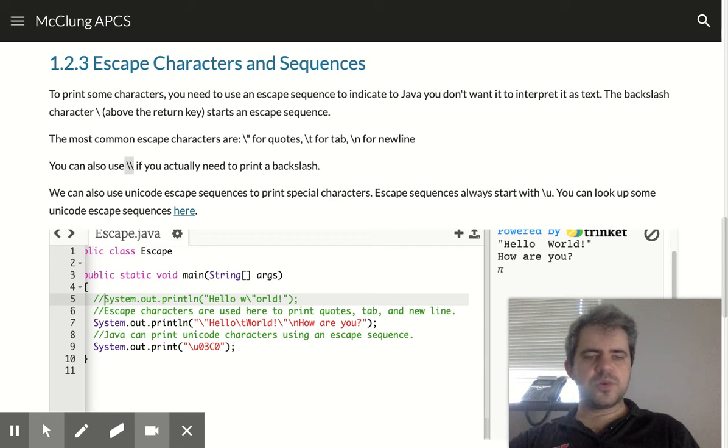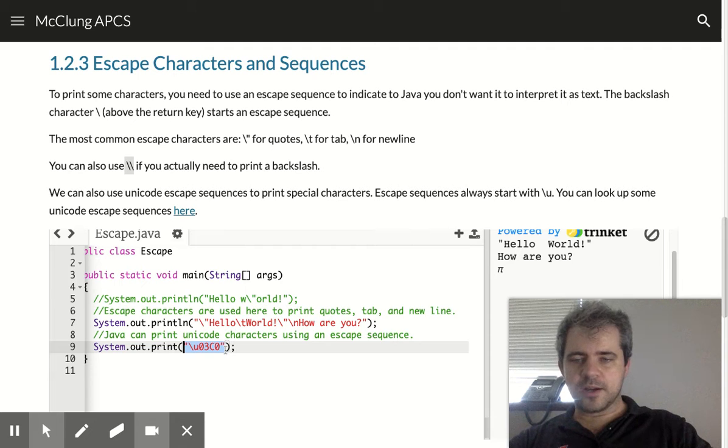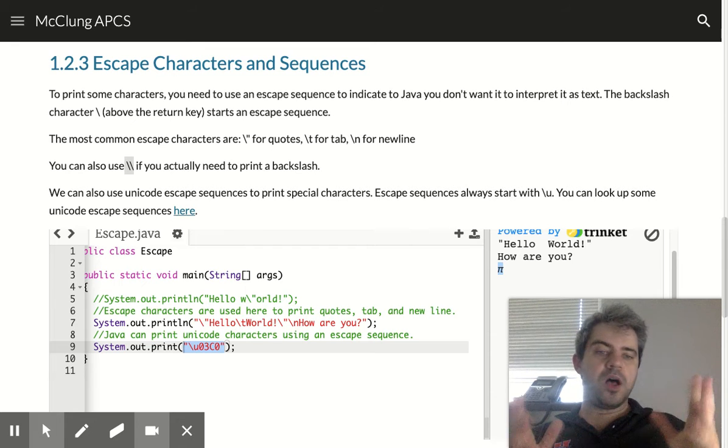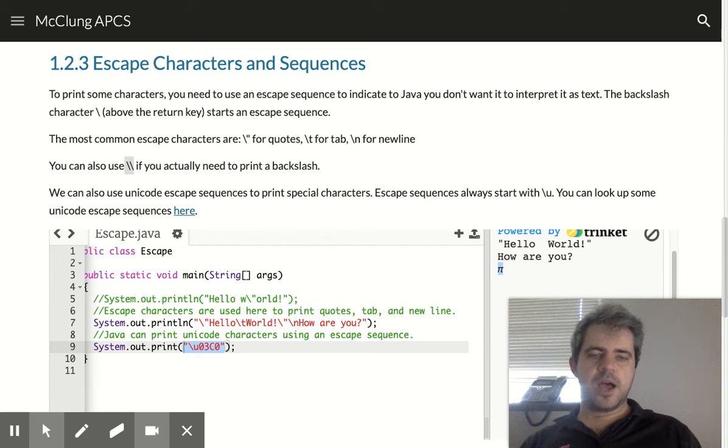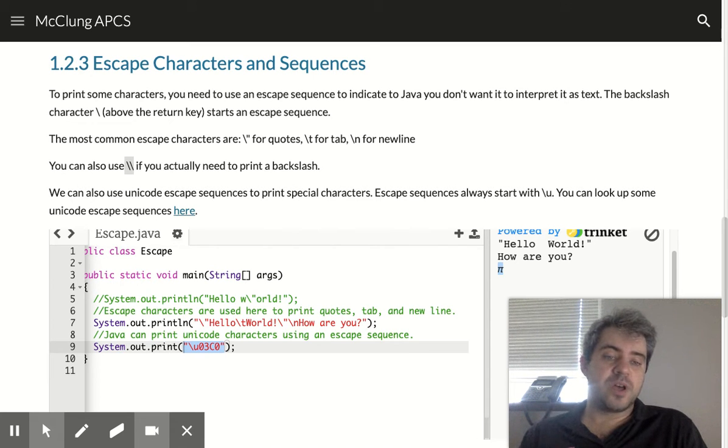Another thing that you can do is you can use escape sequences. I've got one right here, and you'll notice what it printed out. Pi. Well, the thing is, there's all sorts of characters that we use. There's some that are commonly used in English. There's some that are commonly used in math. There are some that are commonly used in Arabic. Okay, we need something to give us access to all of those where maybe we may not have all of those on our computer. So Unicode